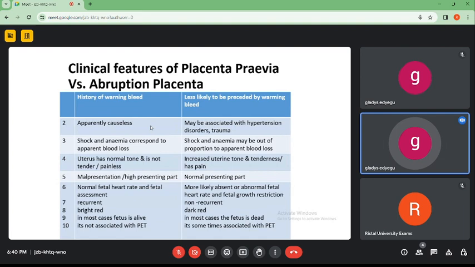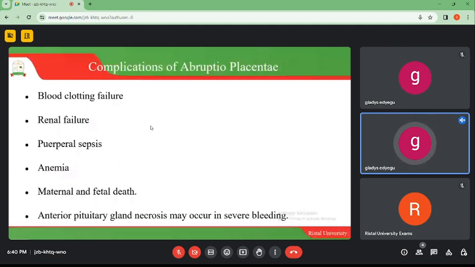when you understand them, you can differentiate the different signs and symptoms, and you can tell the different types of APH. Is it APH caused by abruptio, or is it APH that is caused by previa? So that we can handle them in relation to the diagnosis we have identified following the signs and symptoms. So the complications of abruptio placenta,